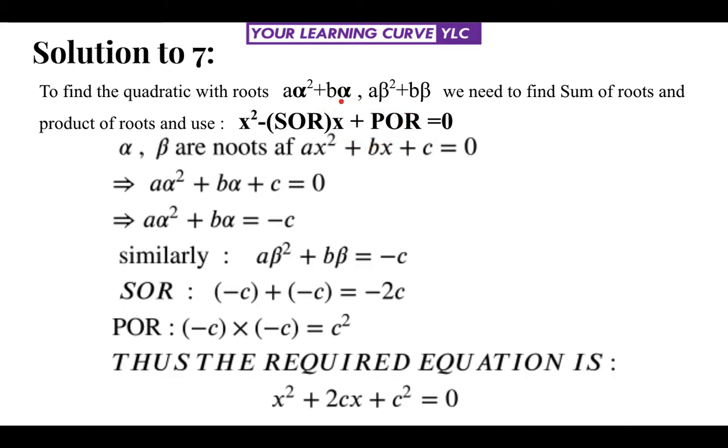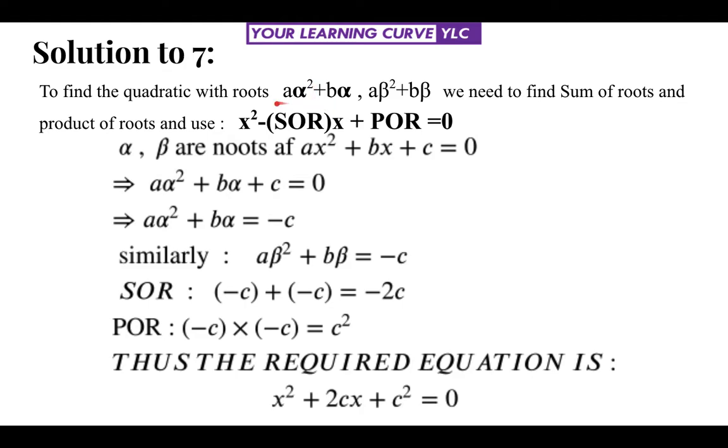Here you see the roots given are a quadratic function of the roots, that is a alpha square plus b alpha. So if you try to find out the sum of roots and product of roots in the conventional method, it will take a lot of time because you will have to find a into alpha square plus beta square plus b into alpha plus beta and then put the value of alpha beta, convert it into alpha plus beta and alpha beta. Then sum is relatively easier than product. Product is quite difficult, a alpha square plus b alpha into a beta square plus b beta. So we have to find out some other method to simplify this solution.